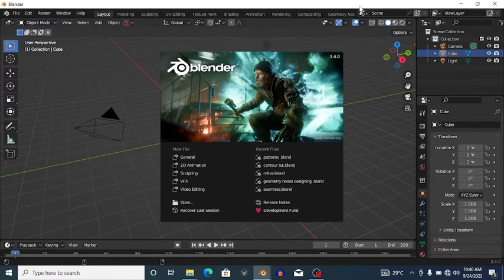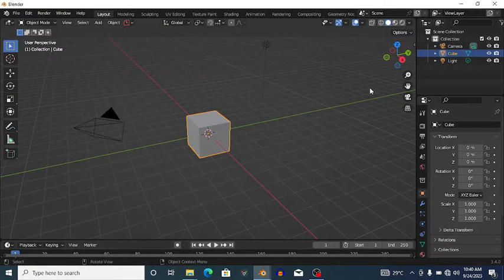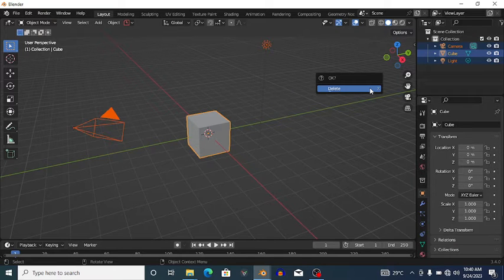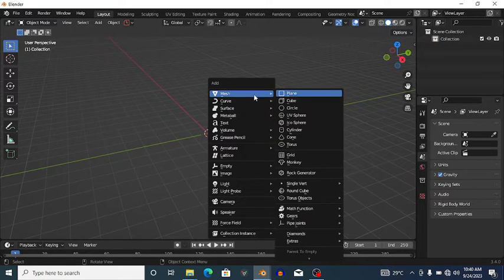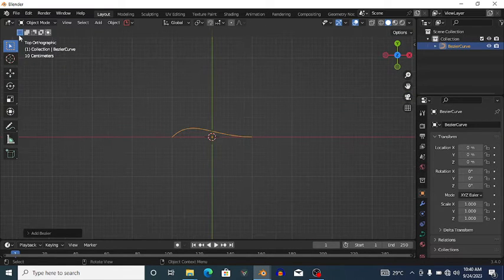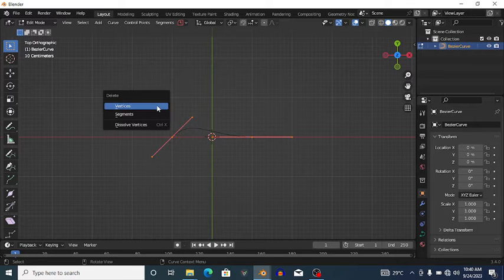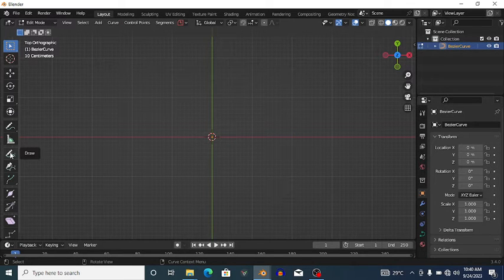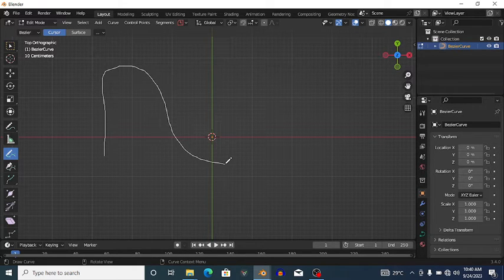So I'll start off by clicking away from the splash screen, A to select everything and delete. Then we add in a Curve Bezier and look from the top. And what I'm going to do now is tab into edit mode, delete every vertex, and click on this draw tool. The second actually, the first one is annotation, and simply draw like this, or maybe something more